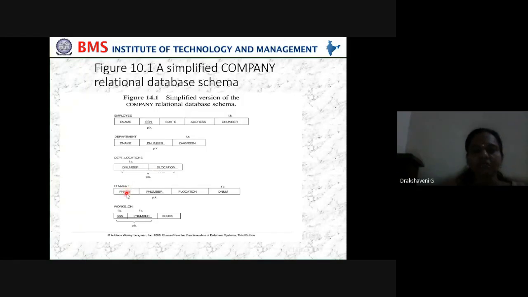In the same way, in the project table, project number is the primary key, and for the department for which this project is being done, the department number in this table is a foreign key. Works on is a table that is a weak entity. Why do we call it a weak entity? Because it is not forming the primary key with one column, but with two columns. To uniquely identify, we should have a social security number and a project number. These two form a composite primary key. Social security number is a foreign key, as well as P number.